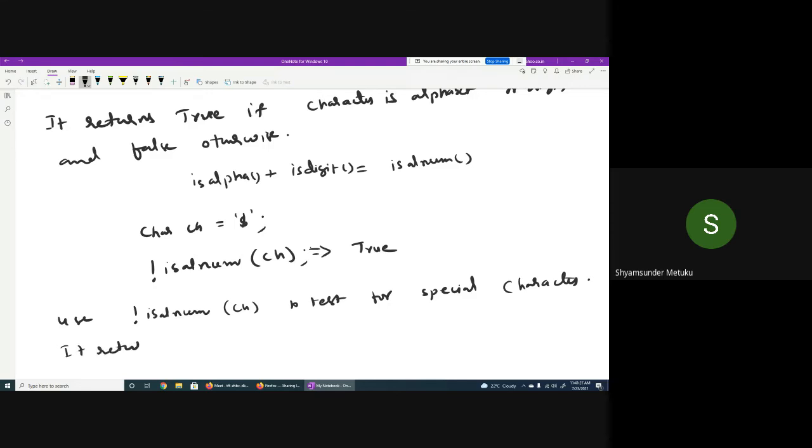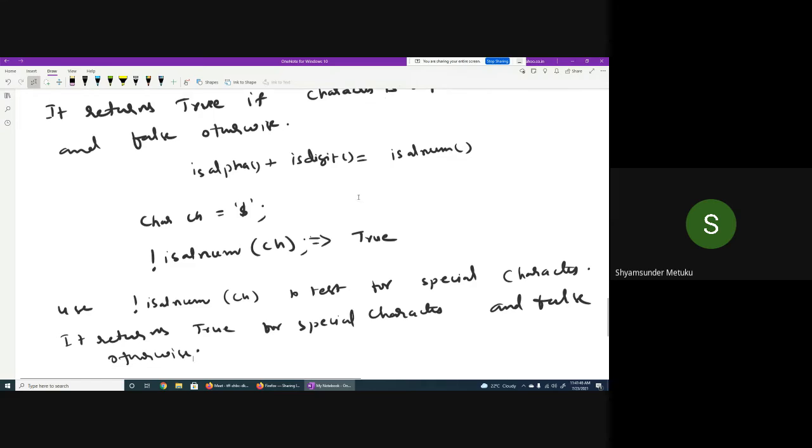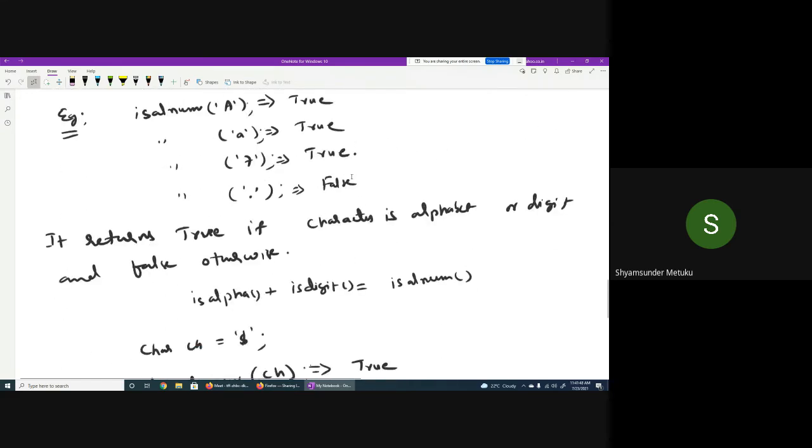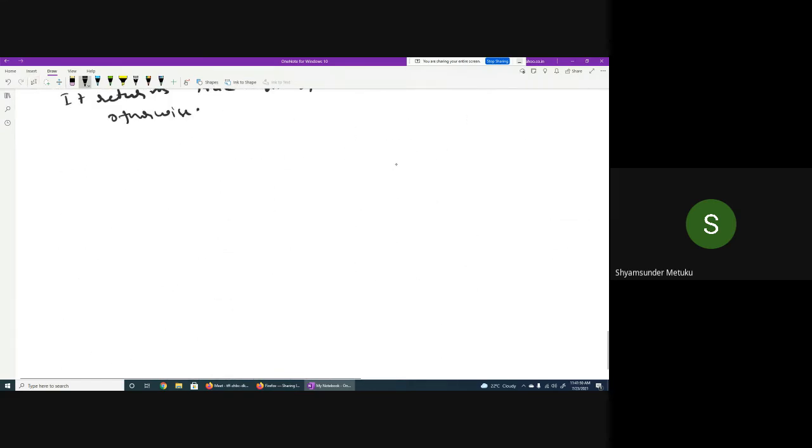It returns true for special character, even though we don't have a specific function, and false otherwise. Is it clear to all of you?